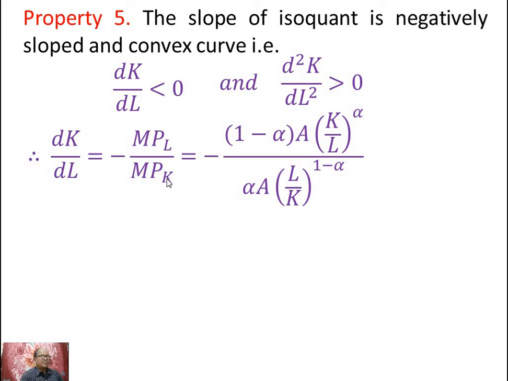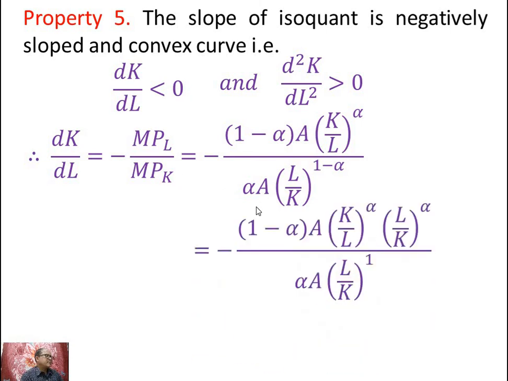that is, the ratio of the marginal productivity of labor and marginal productivity of capital. So dK/dL is nothing but the negative of the ratio of marginal productivities of the factors. Here we have put the value of MPL and this is the value of MPK. After simplifying, we get minus (1 minus alpha)/alpha into K/L. Since alpha lies between 0 and 1, 1 minus alpha is positive. So, because of this negative sign, we get here that it is less than 0,